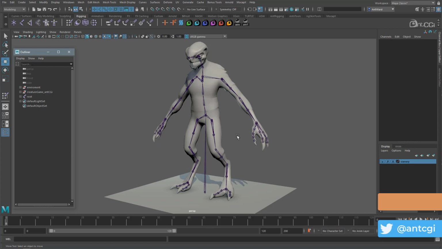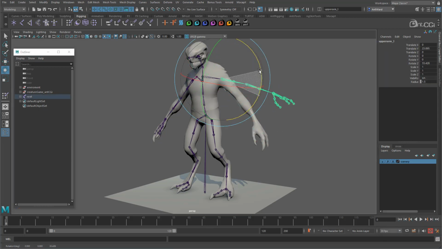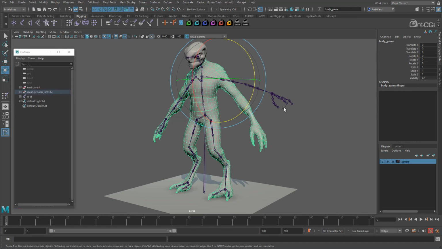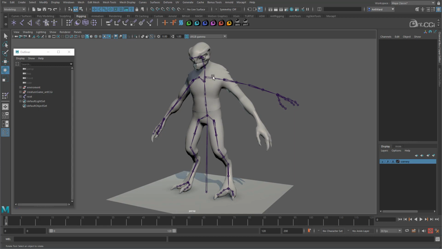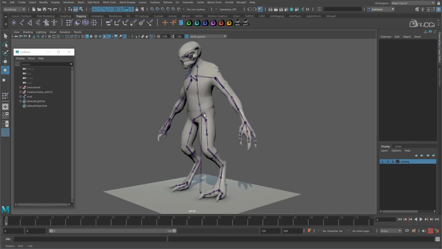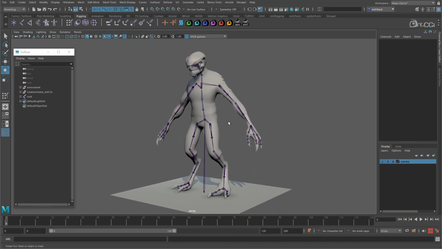So what we need is for the model to follow the skeleton, so it can deform and be animated and then eventually exported and used in game. Oops, looks like I left some history on the model. I'll just delete that. A quick way to get back into the main pose is to right-click on the skeleton and go to Assume Preferred Angle. This will only reset the rotations though, so remember at this stage to not adjust the translations on